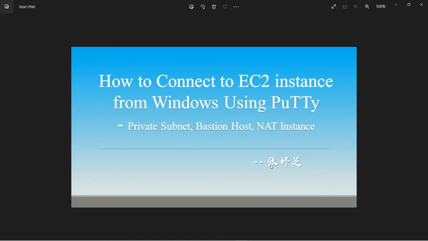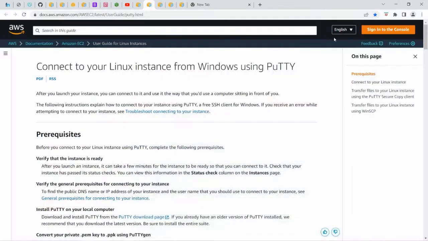Today's video is how to connect to an EC2 instance from Windows using PuTTy. I have an EC2 instance in a private subnet. I'm going to use a Bastion host with a public IP address to connect to my instance in the private subnet. And also, I'm going to set up a NAT instance to give the EC2 instance in the private subnet internet access. So let's take a look at the